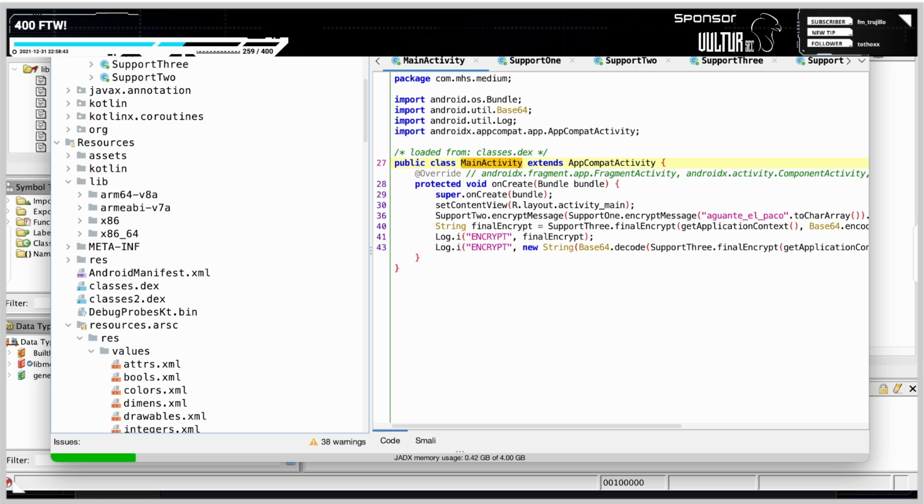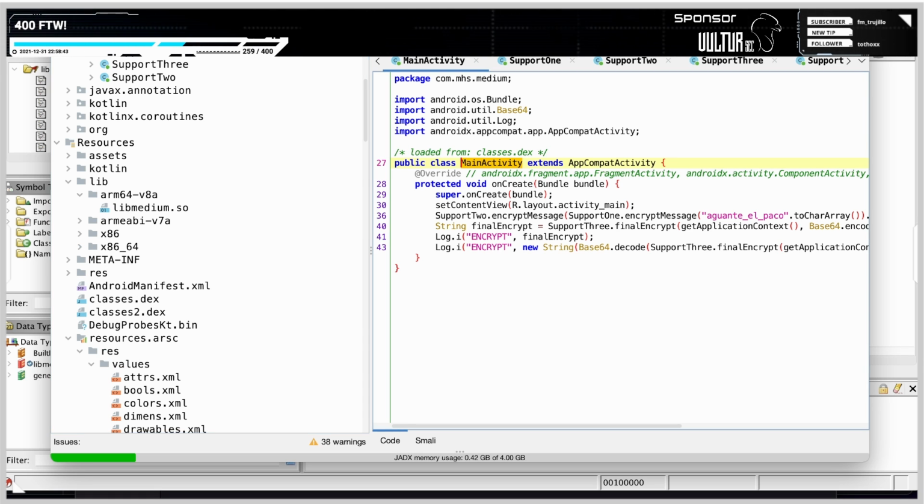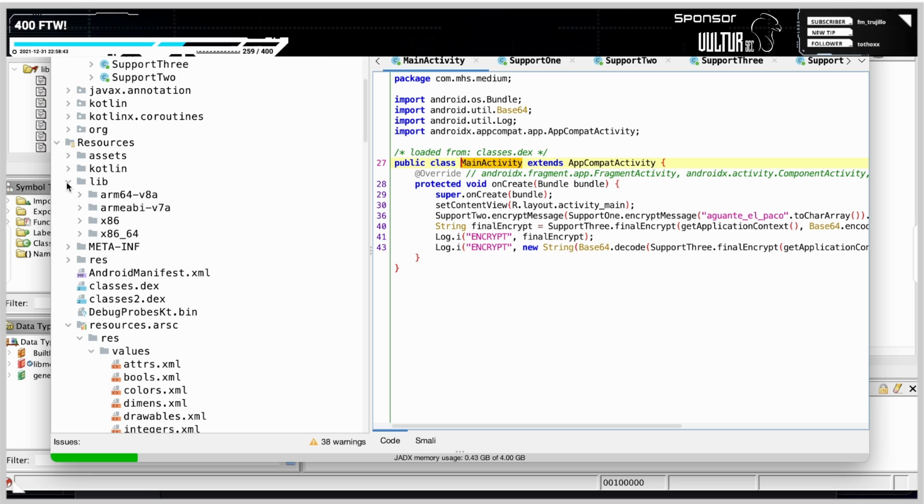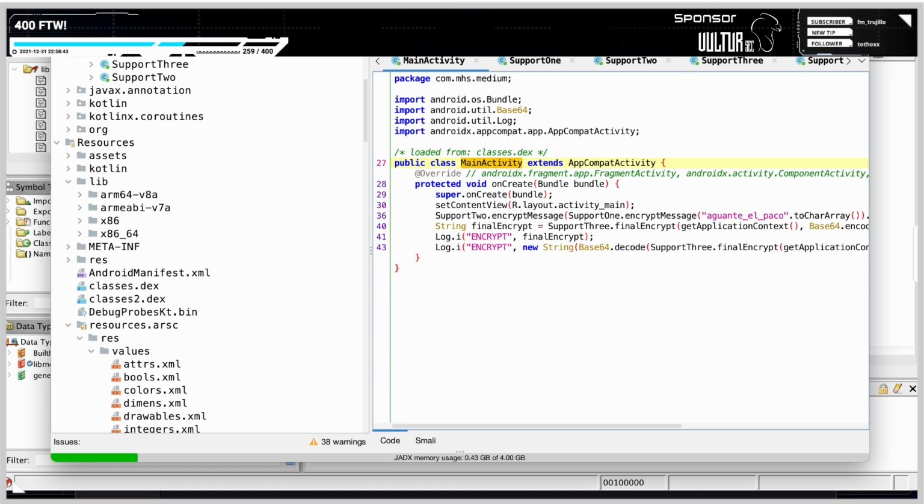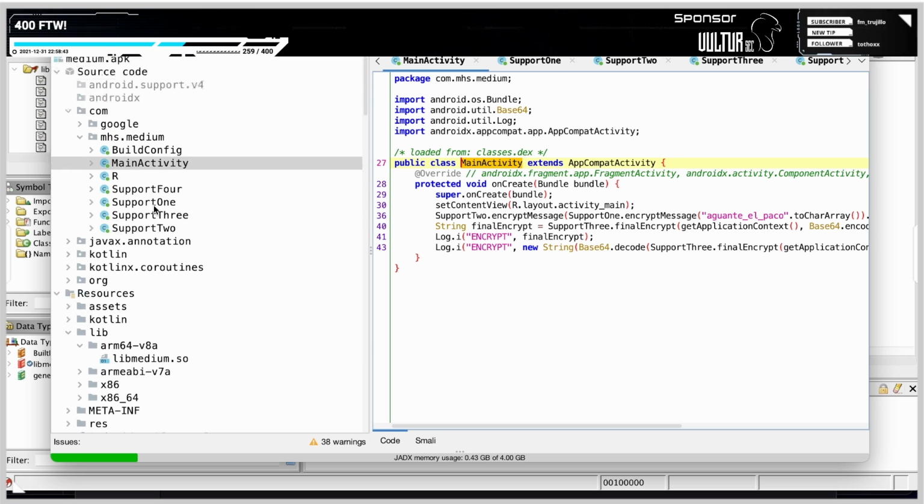So, looking at this lib folder is interesting just to understand whether you might have some issue running the application. If we don't see any lib folder, it might mean that the application does not use any native library. In this case, we see one, this libmedium.so, and then we have to look in the Java code, decoded in this case with JADX GUI,